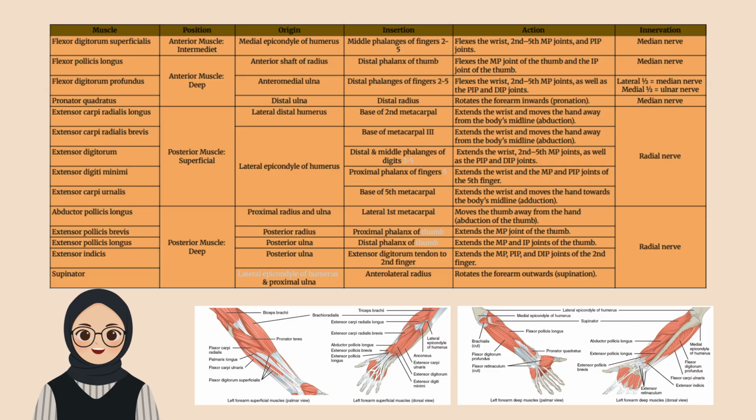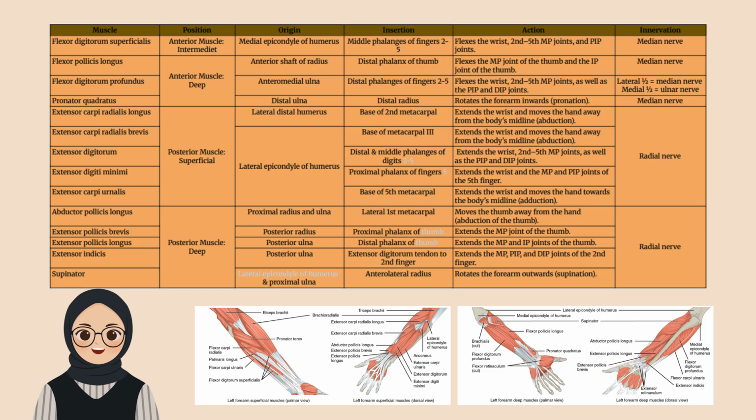And then abductor pollicis longus. The position is posterior muscle, deep. The origin is proximal radius and ulna. The insertion is lateral first metacarpal. The action is to move the thumb away from the hand, abduction of the thumb, and the innervation is radial